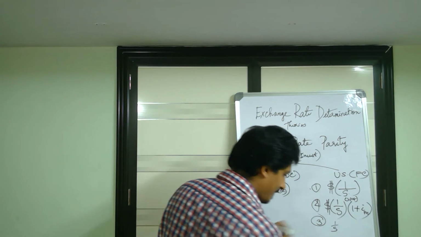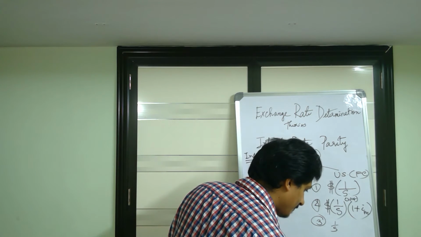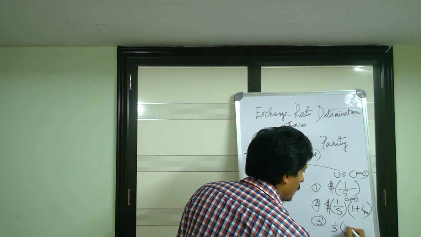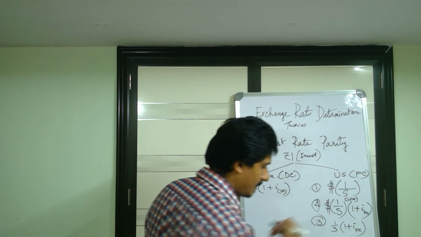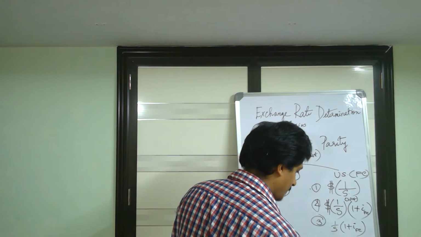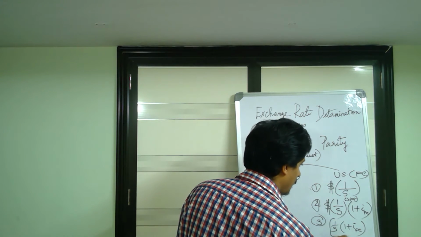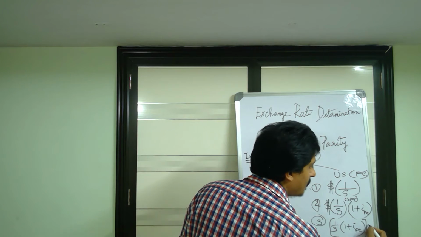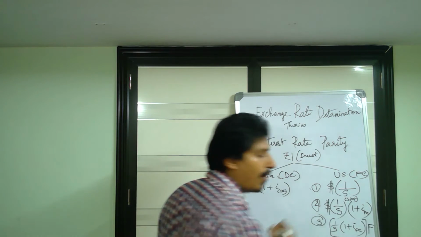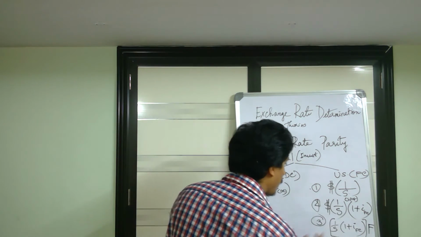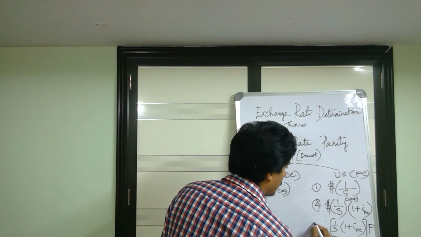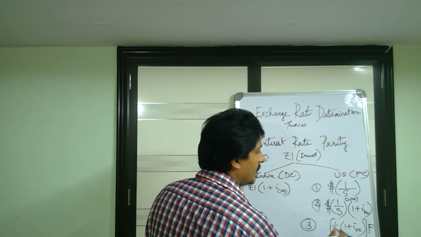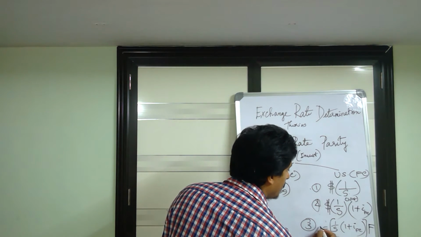Now 1 by S, 1 plus I, the interest rate in the foreign country, here it is US, multiply it with the forward rate, the value that you get will be in